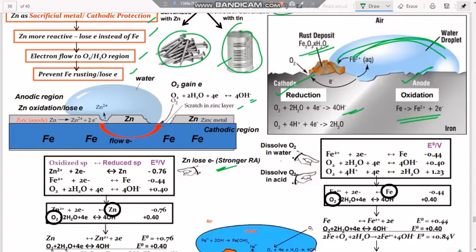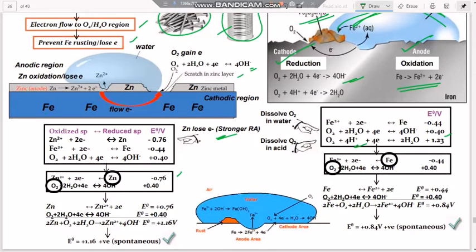Now, when oxygen dissolves in water, immediately when the electrons come from the iron or zinc, this oxygen gets dissolved in water and converts into OH minus ions. In the atmosphere there are also some H plus ions generated from impurities like carbonic acid, so they will convert oxygen into water also. Now if you apply zinc, it takes place like this. If you are not applying zinc, rusting of iron takes place.